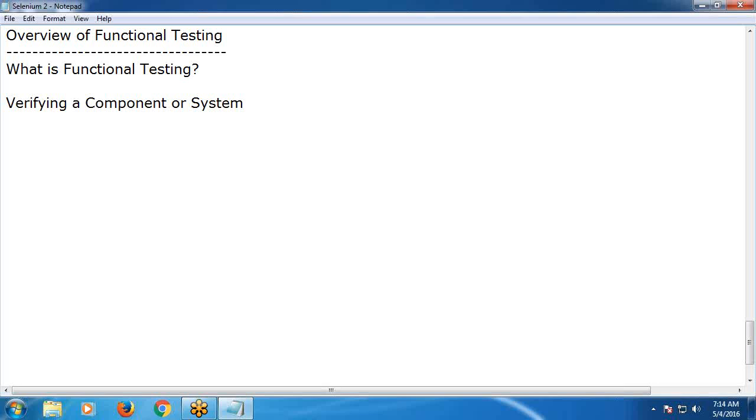System has several meanings, but in our scenario, the general meaning is computer hardware and software. In our scenario, system means AUT, application under test. Verifying a component or system's functionality